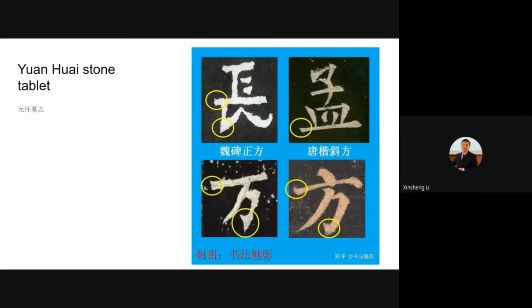Look at the left side. Two characters are in the Wei stone tablets style. In this style, there are more strength and energy. Here is a street. In the beginning,